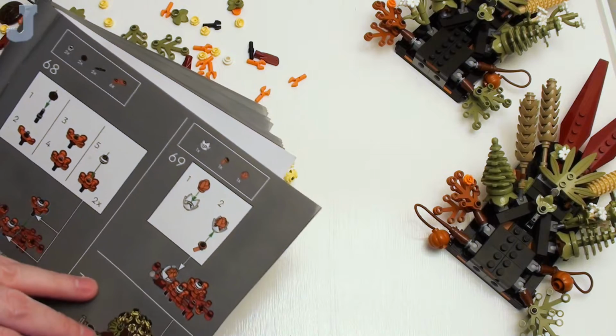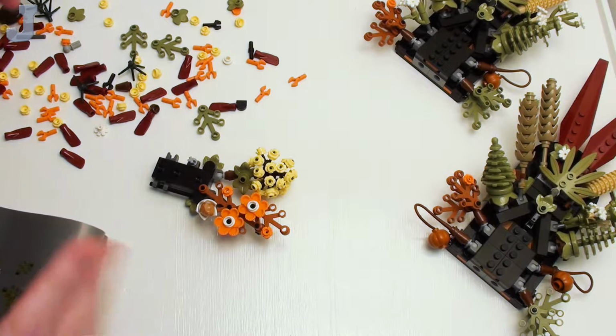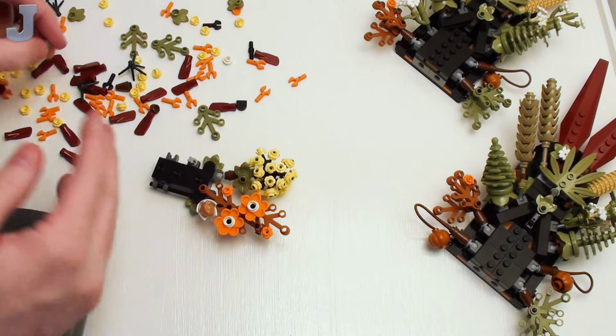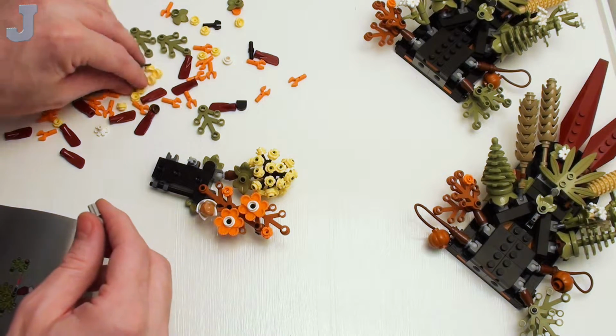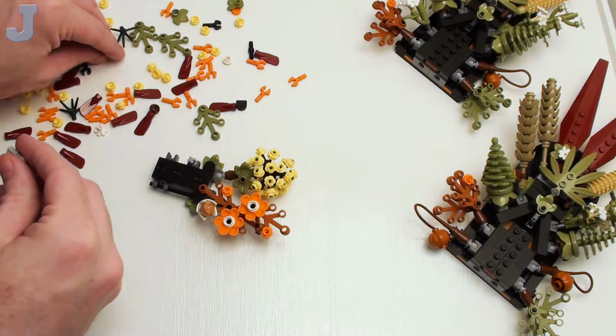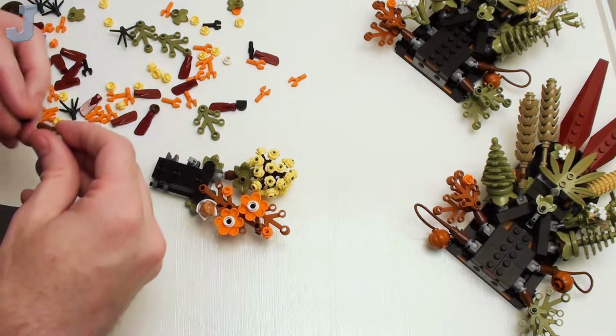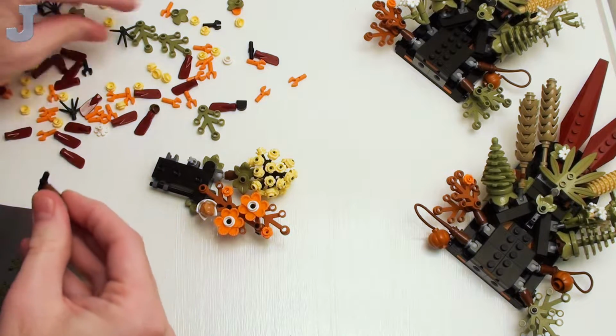And well, we're not done with that yet. We still got more greens to put together. It's almost the same thing. I'm going to say about halfway through these sets, they get redundant after a while. And this is obviously meant for partners. I mentioned this in the last installment, but